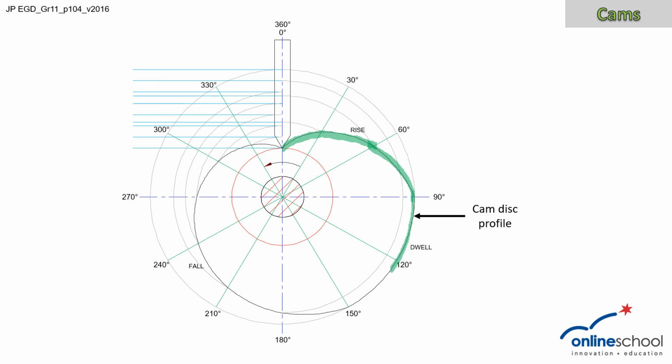That will give me the nice curve where it dwells. We can just use our compass from the center of the camshaft because that's just one constant radius. But when it starts falling again from 150 degrees all the way around, it's going to continue to fall past 270, past 300, past 330, all the way back to 360 degrees, or 0 degrees. That will give us the dark solid outline of our